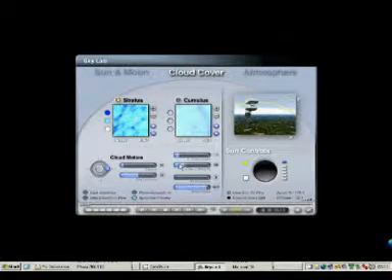I can have the clouds at different heights, whether I want a low cloud or a high cloud. I can also go in and change how thick they are, how fluffy they are, and what sort of shapes they are as well, from stratus to cumulus. And I can also change, as this is going to be animated, the wind direction